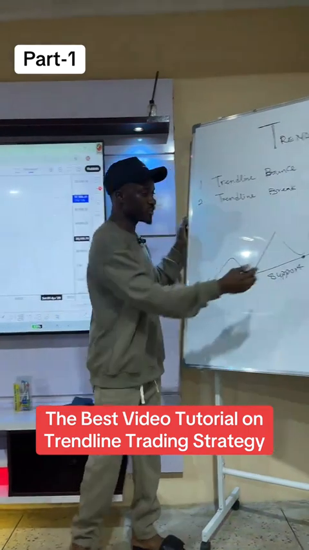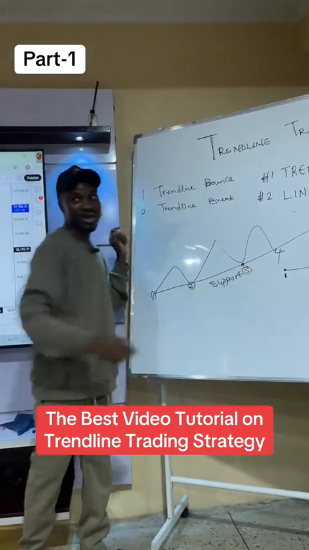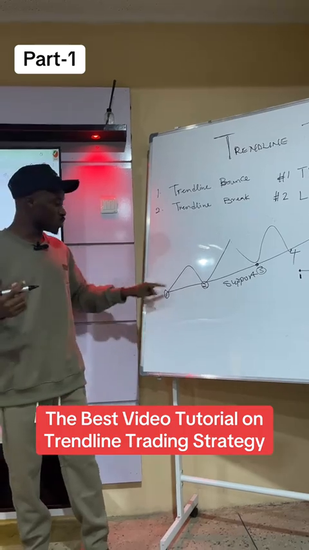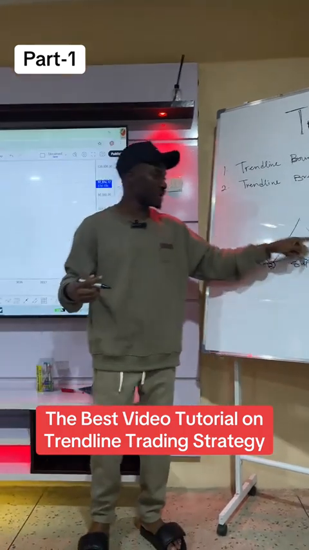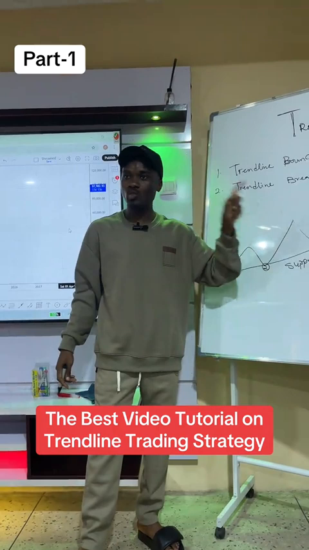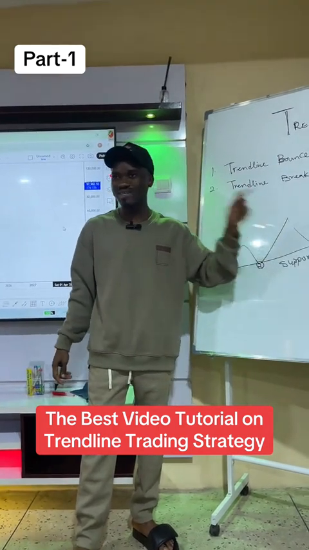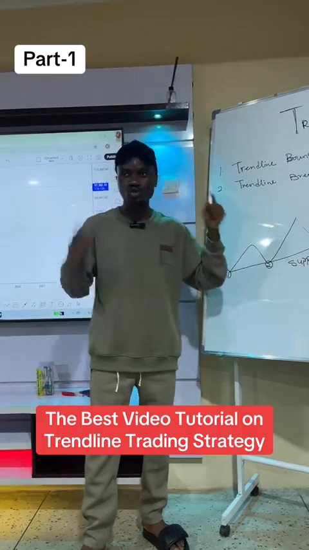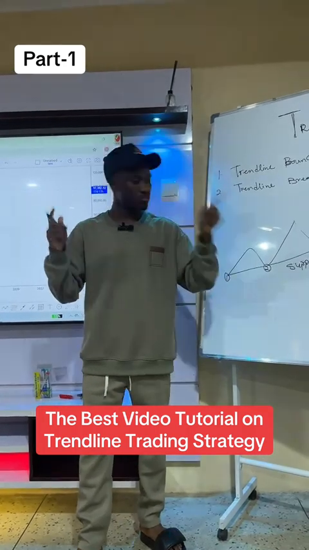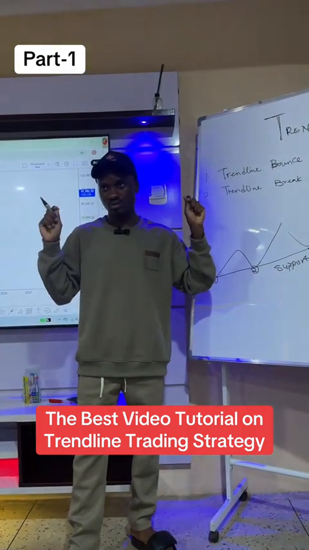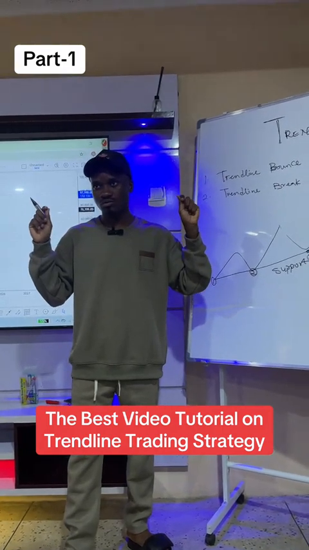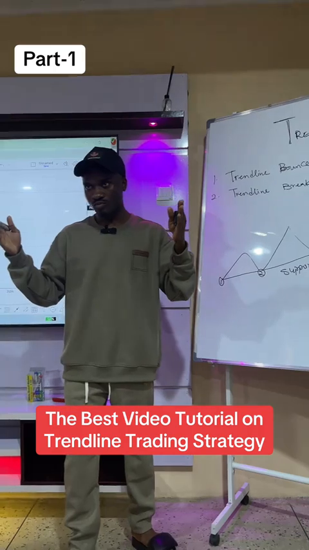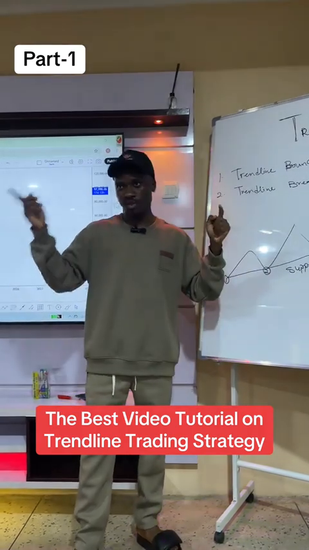Because if you try to take the third test, that is aggressive entry. And remember what I told you, 2 points is a line. So if you are trying to trade this third line, you are trying to predict or to make decisions for the market. You don't make decisions for the market. You let the market show you the action or the patterns or the clue before you pull the trigger.